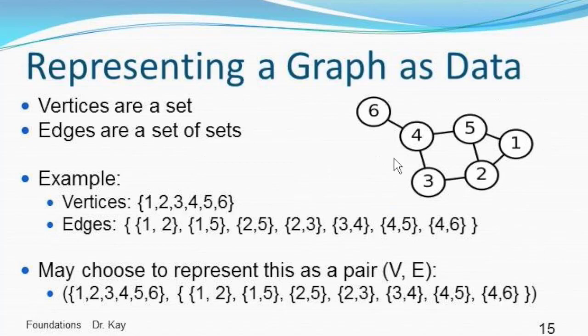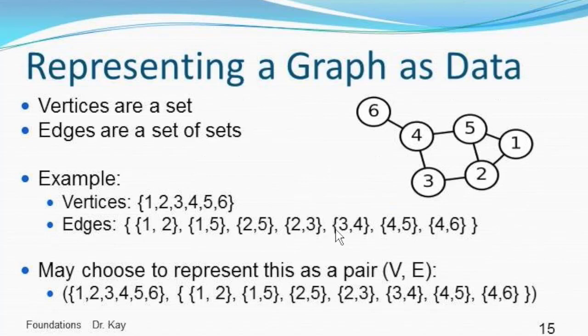And what are the edges in this graph? Well, an edge, since this is an undirected graph, we could say that there's an edge from 1 to 2 or from 2 to 1. So we'll just represent this edge 1, 2 as the set containing the elements 1 and 2. And so you can see here is a set containing a bunch of sets. And each of those sets contained in here has exactly 2 elements, and that's because it's representing an edge